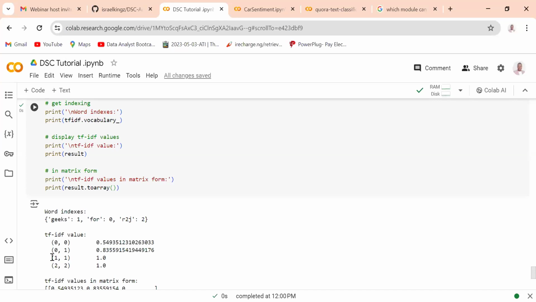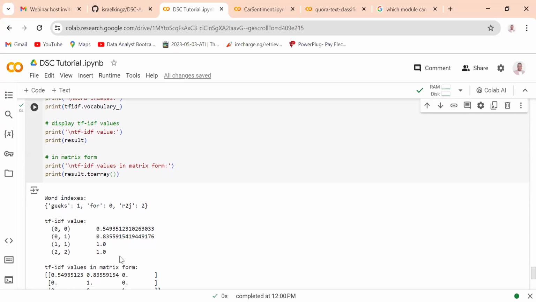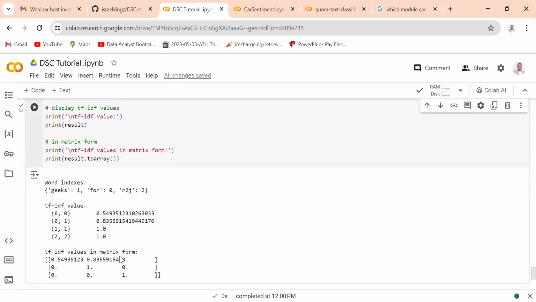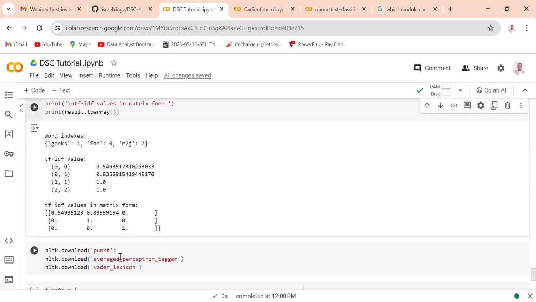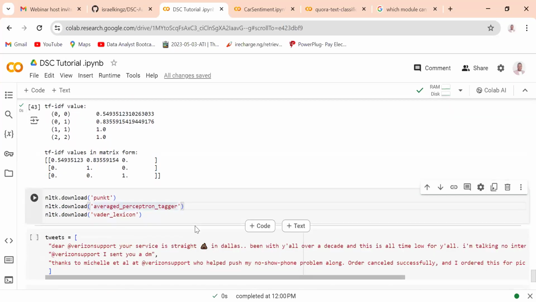When you have gigs for geeks, you have about 100% of how much such a word exists in your document. Then when you have your 2x2, which is R2G, every feature will be 100% correlated to itself. For people who have some background doing analytical work before now. Okay, so finally on this tutorial, I'm going to quickly talk about